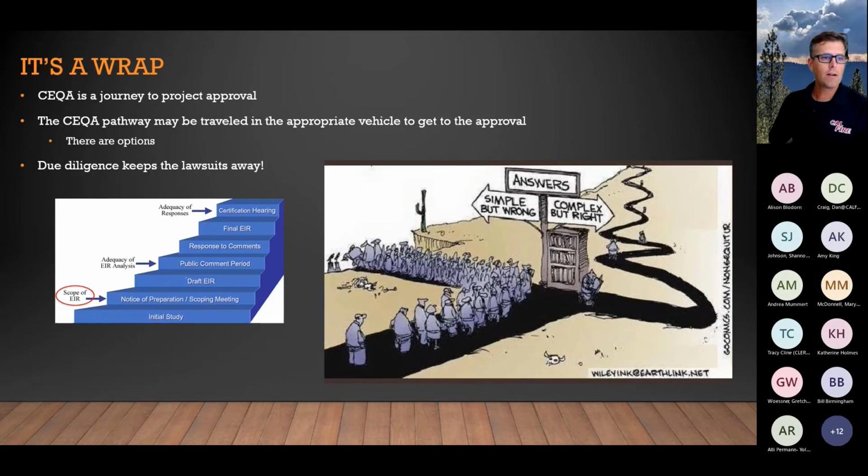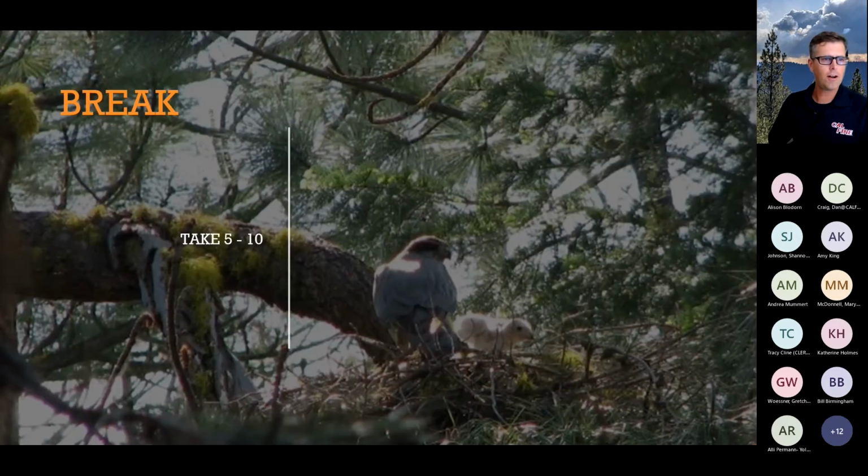So we'll wrap it up here. It's a journey. We're going to break down this journey through that flow chart here in a minute, and we're going to stay lawsuit free and have some of those shovel ready projects ready to roll. So that's what we've got for a broad overview of CEQA, what it is, and we're going to take a quick